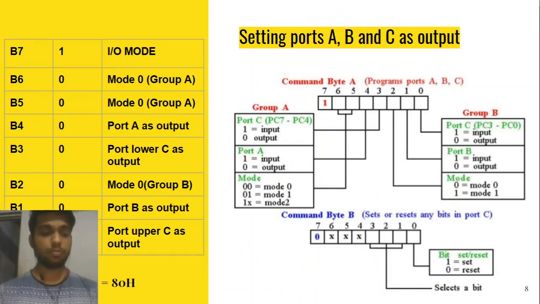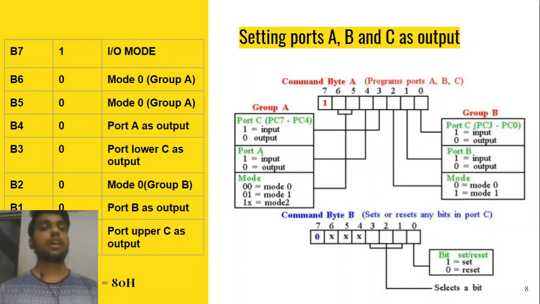So for providing the values to LEDs, the 8255 needs to be in the output port. The mode of the 8255 can be changed by using a control word, and the structure of the control word is shown in this slide. The 7th bit in the control word represents whether the 8255 works in the BSR mode or input output mode. For our operation we need input output mode, so we'll be setting the 7th bit representing input output mode.